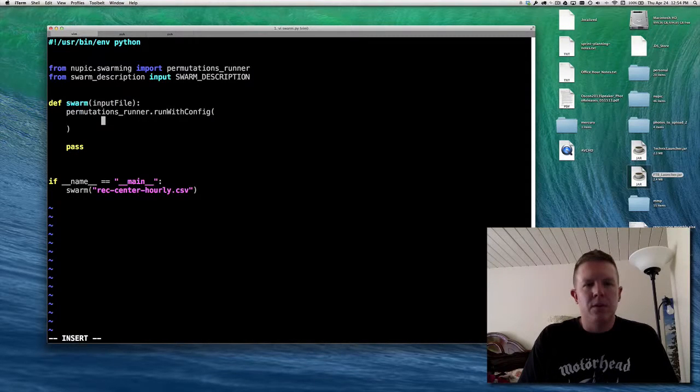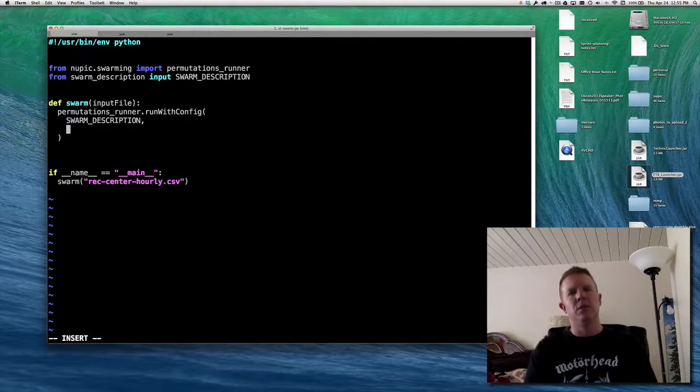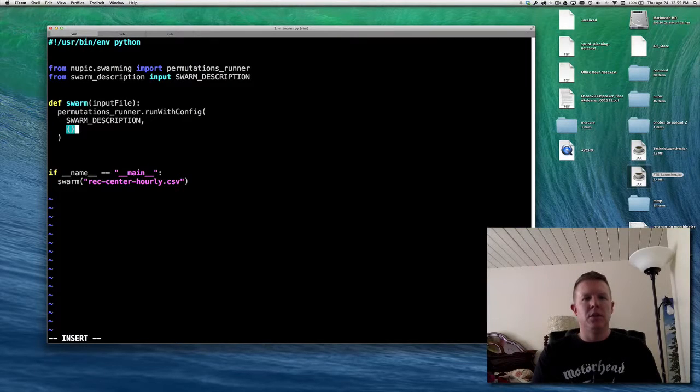So what we want is the swarm config as the first thing, which we know is actually swarm description. So this is the first thing. We're running with the config. We pass the config into it. And then we have some options, which we're going to tell it how many workers are going to be used for this. I'm going to give it 4. This means basically how many cores are going to be used